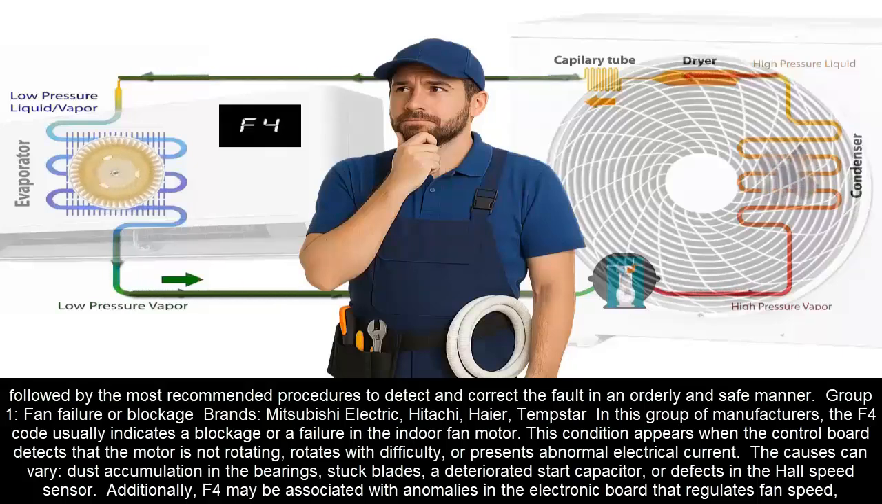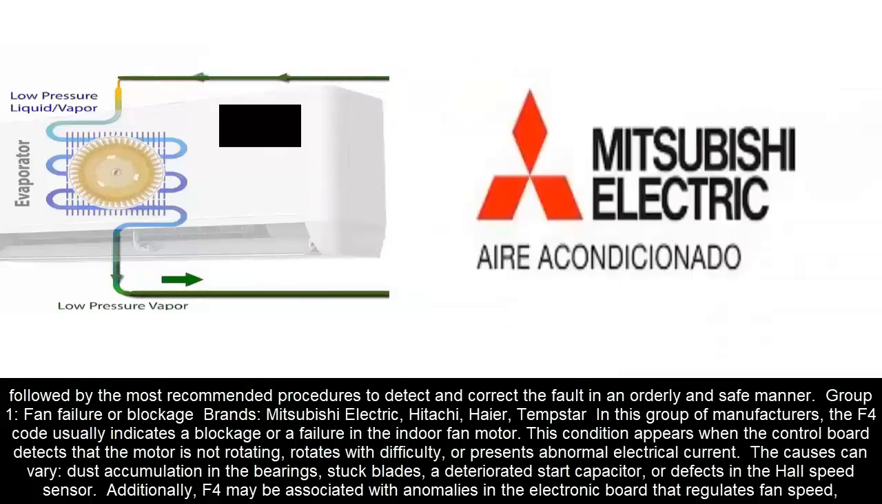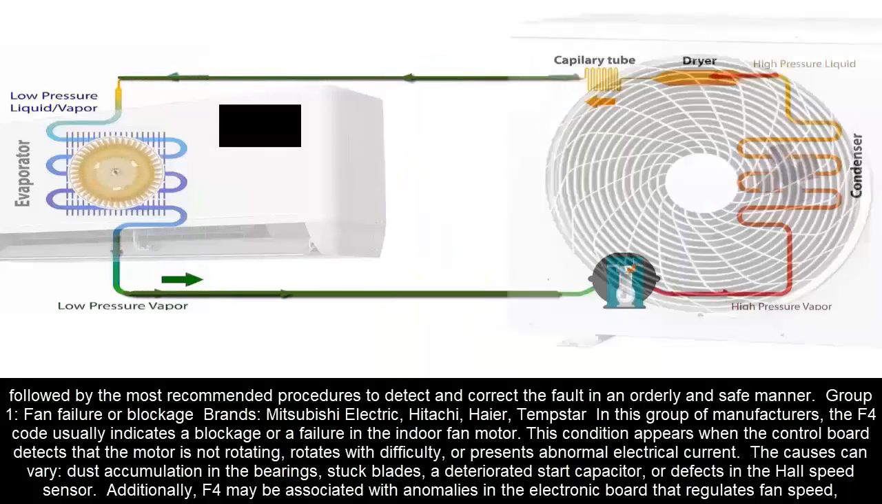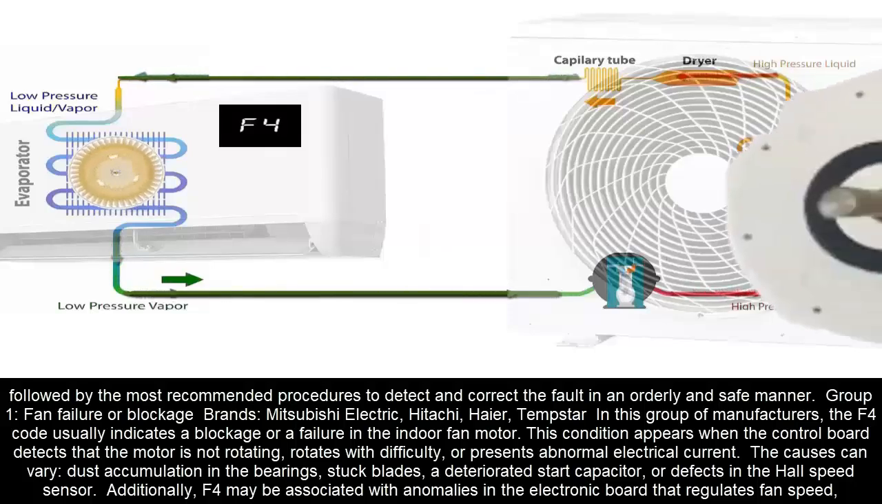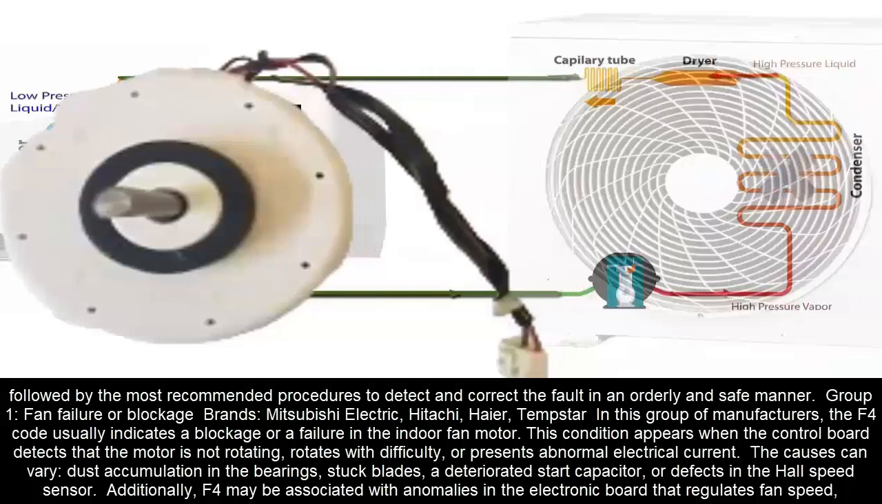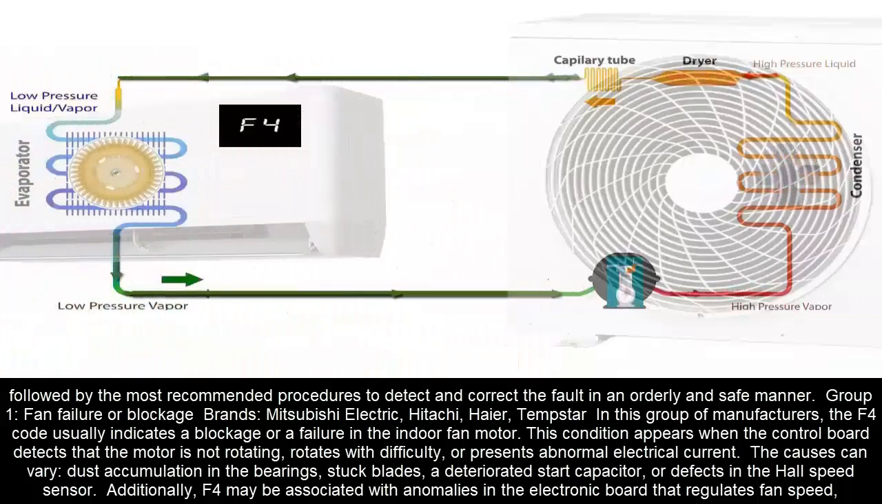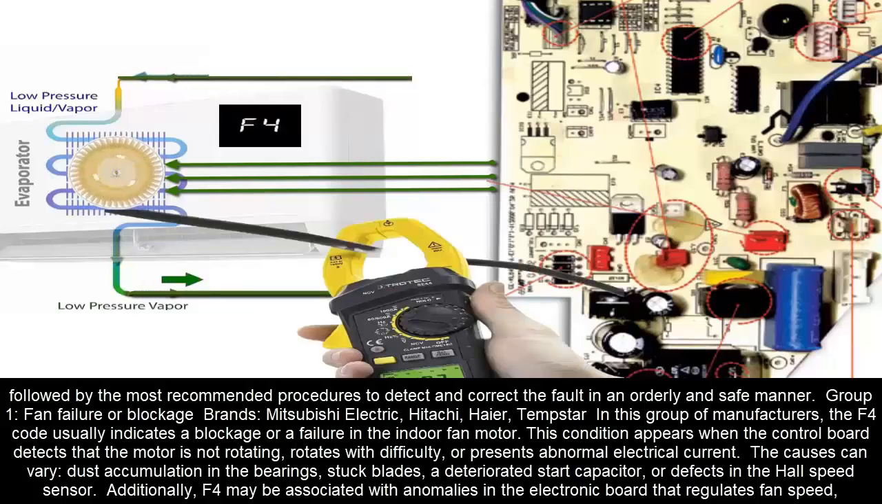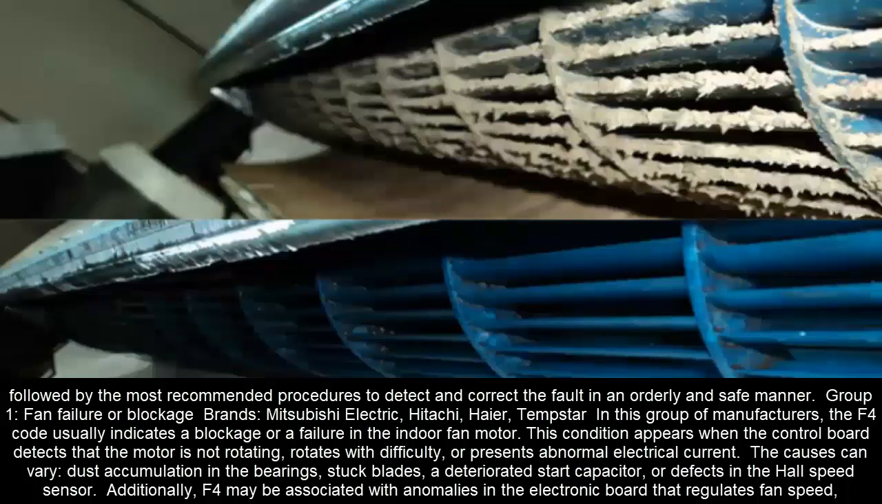Group 1. Fan failure or blockage. Brands: Mitsubishi Electric, Hitachi, Haier, Tempstar. In this group of manufacturers, the F4 code usually indicates a blockage or a failure in the indoor fan motor. This condition appears when the control board detects that the motor is not rotating, rotates with difficulty, or presents abnormal electrical current. The causes can vary: dust accumulation in the bearings, stuck blades, a deteriorated start capacitor, or defects in